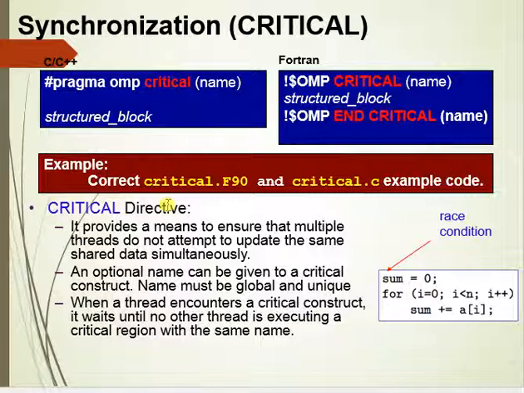The name must be global and unique. When a thread encounters a critical construct, it waits until no other thread is executing a critical region with the same name. This is an example of a race condition. Here, multiple threads are updating the same data. This is how race conditions appear.